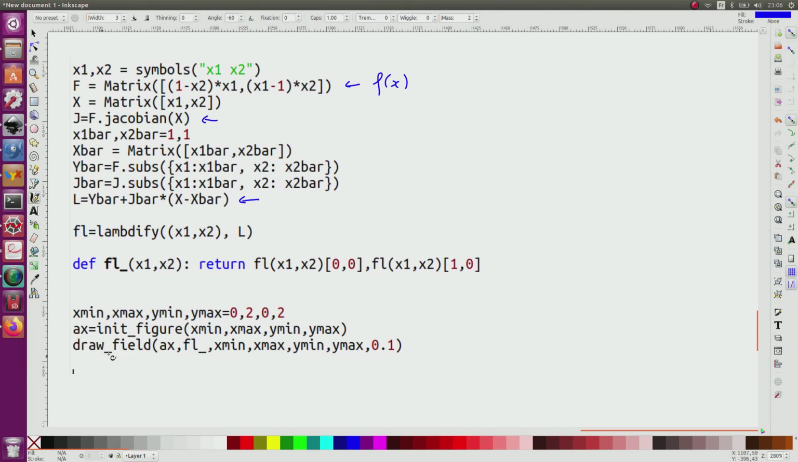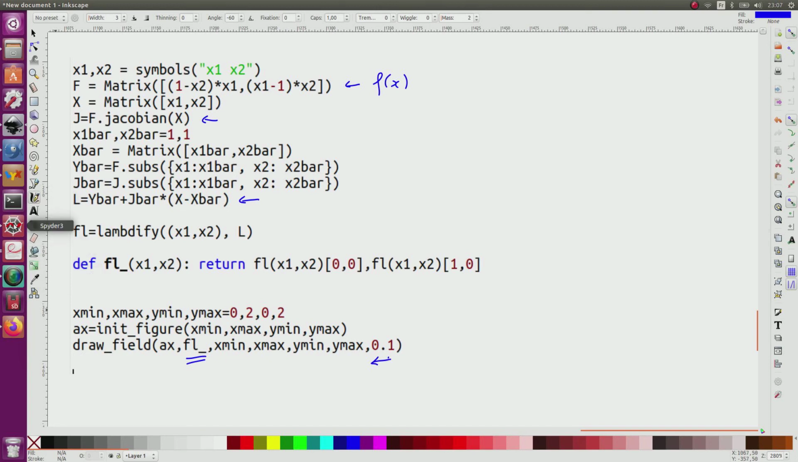And this will allow me to draw a field. So I will use the function draw field, which requires the function fl, but I transform it to have the right format, because to call the draw field I need to give x1, x2, and it will return me a function under the form of a list. That's why here I define this function just to have the right format. And here is a step. So I can see that